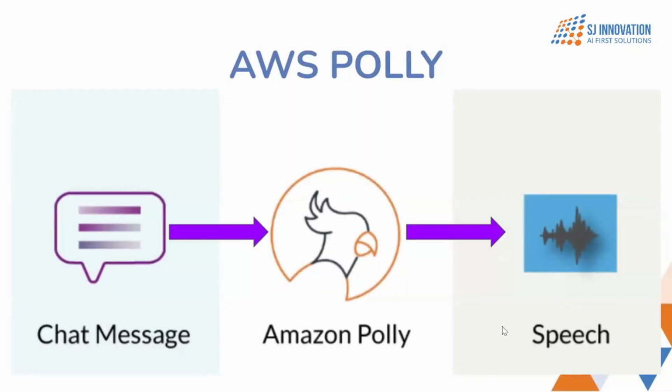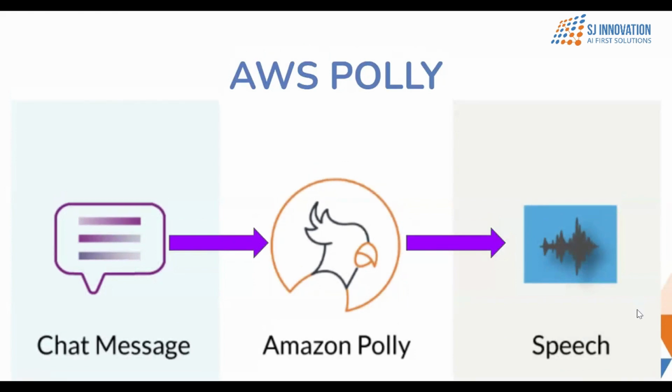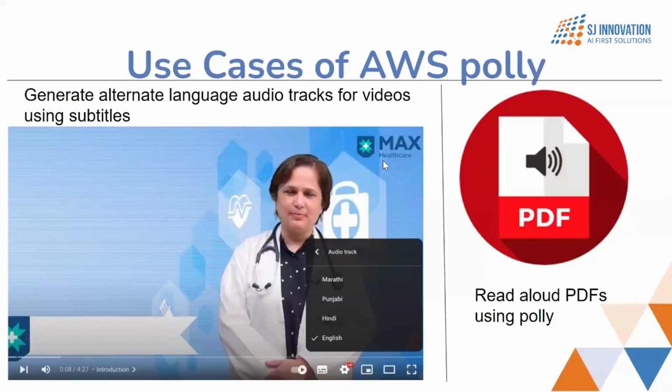Moving on to the next, AWS Polly. AWS Polly is the exact opposite of AWS Transcribe. Polly converts text to speech. Whatever text input you give, it will be converted into speech. A typical use case of AWS Polly would be, if there is a PDF and you want the clients to have a read-aloud feature instead of reading the PDF text by themselves, you can feed the entire text content of the PDF to AWS Polly, and Polly will synthesize audio for it. And yeah, things will work like that.